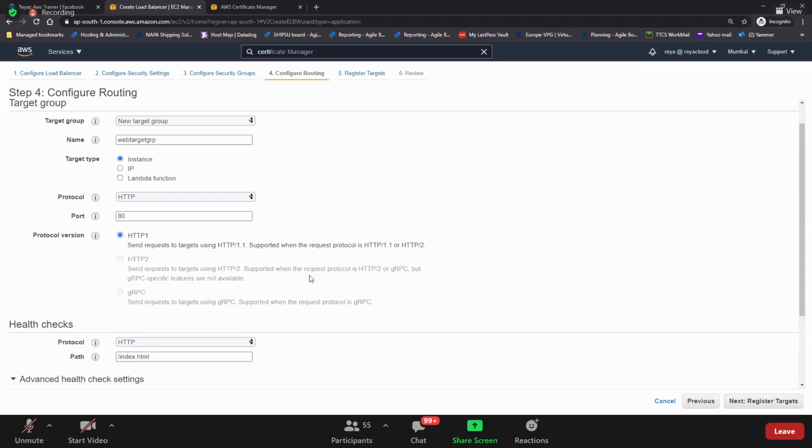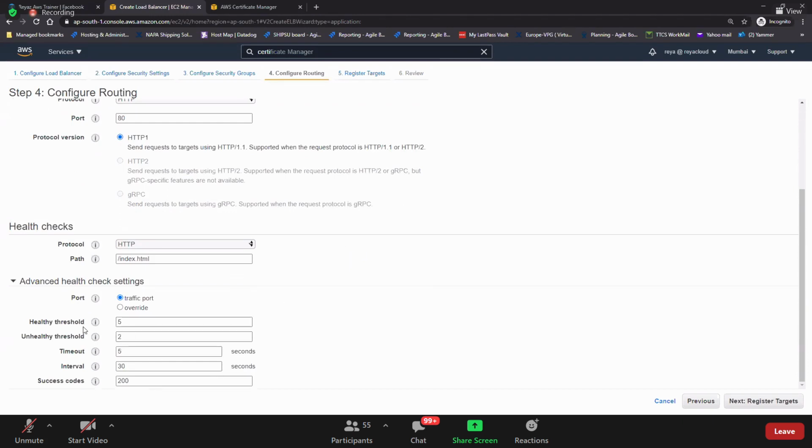And then if you need more health checks, how many times should it check to consider a target healthy? That's the healthy threshold: the number of consecutive health check successes required before considering an unhealthy target healthy. So how many times do you need to check? 5 times. Hey, alive or there? Yes. There. Yes. 5 times you check. Okay, now it is confirmed, yes, you are there. Now the unhealthy threshold. Hey, are you there? No response. There? No response. That means it's dead.